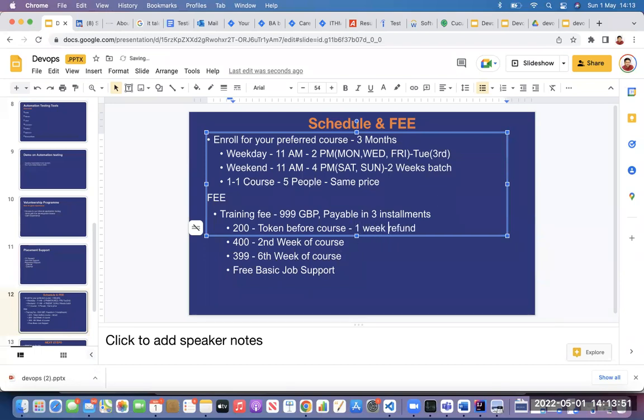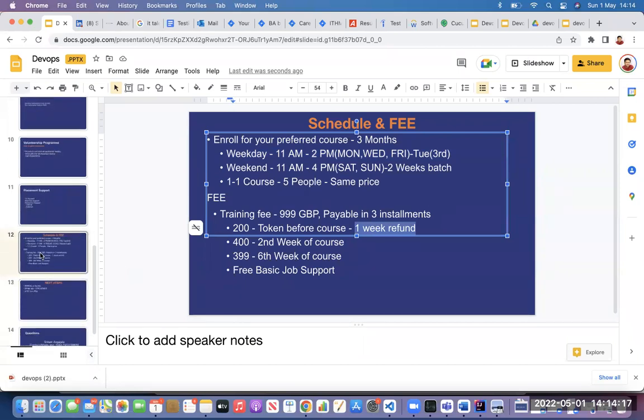For example, you join this batch for 3 days and see the course. You think, oh sir, this is very nice. Then in the second week you can continue and pay 400. Or if you think, no sir, I'm not liking this, I think I want to do DevOps, perfectly fine. The £200 is given straight back to you, no questions asked. And yes, this is our pricing structure.